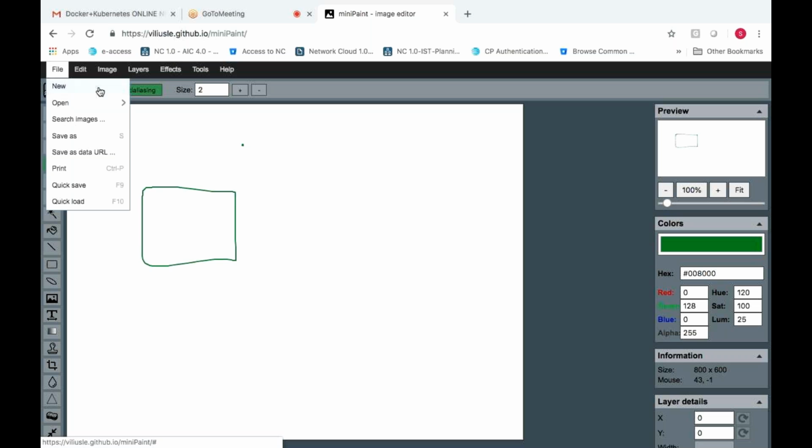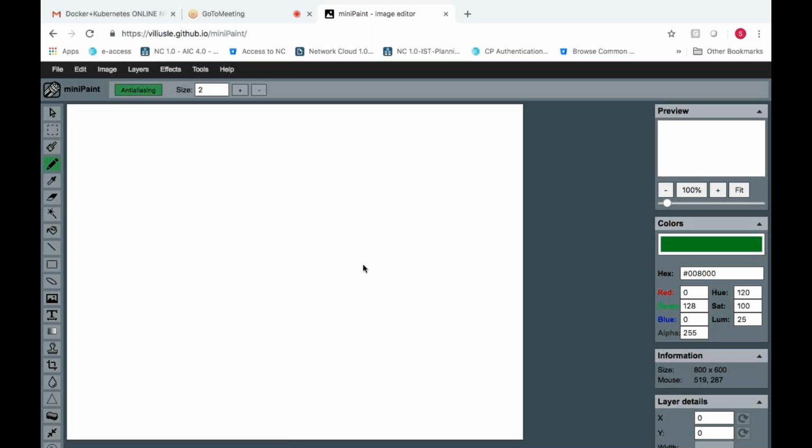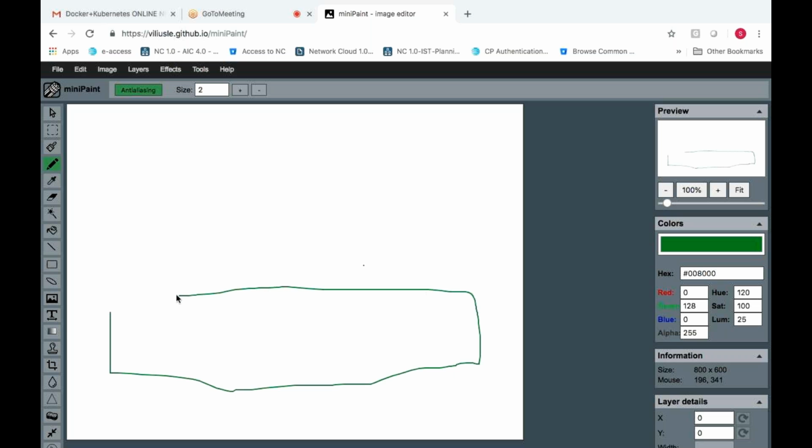Okay. So what is Docker? So now let's say I have a base machine. Let us assume this is my base machine.